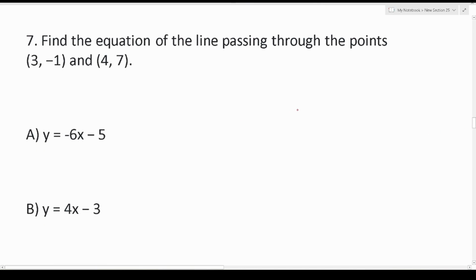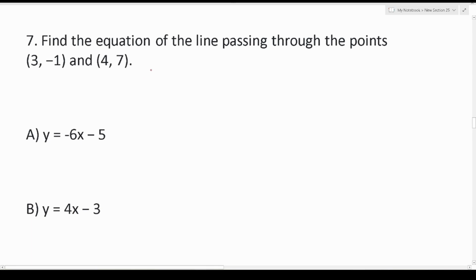All right, number 7 says, find the equation of the line passing through the points 3, negative 1, and 4, 7. All right, this is a very common question you'll see on the ASVAB. It's not that easy writing an equation of a line, believe it or not, because there's 3 different ways you can do it. In this case, the very first thing we're going to have to figure out is the slope